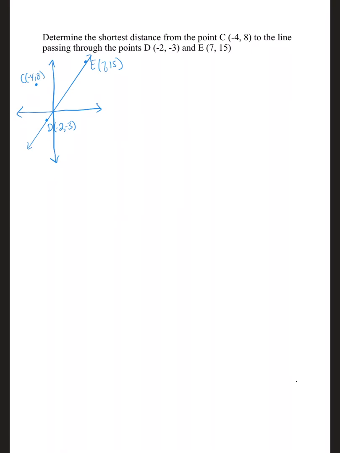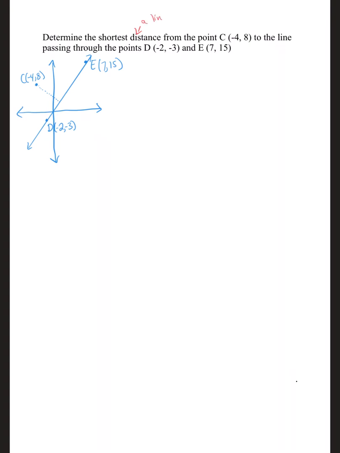And it says determine the shortest distance from the point C to that line. So what's the shortest distance from here to this line? Okay, well the shortest distance, let's just make a note. The shortest distance would be